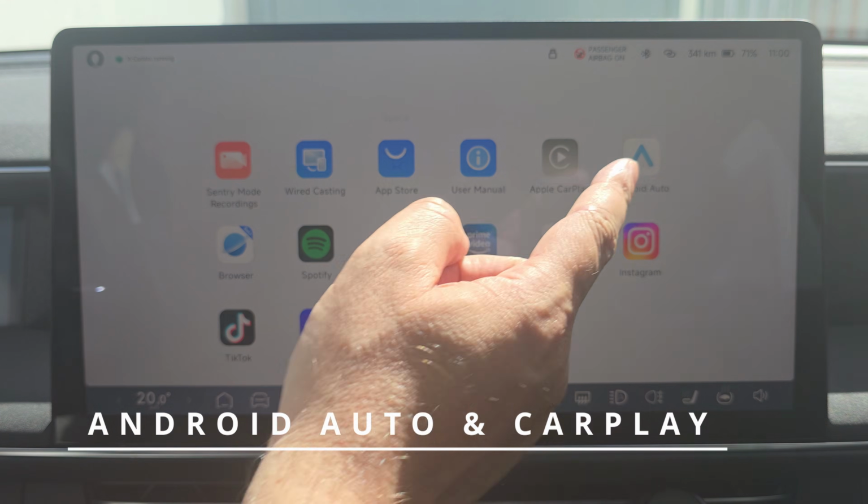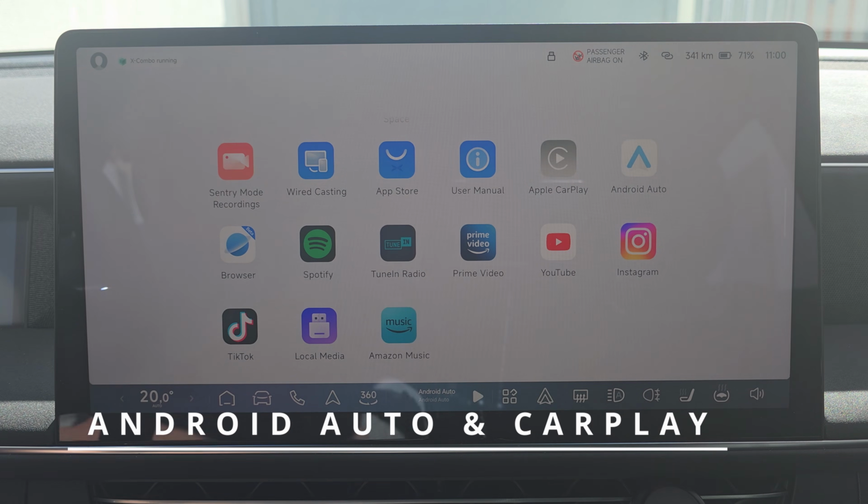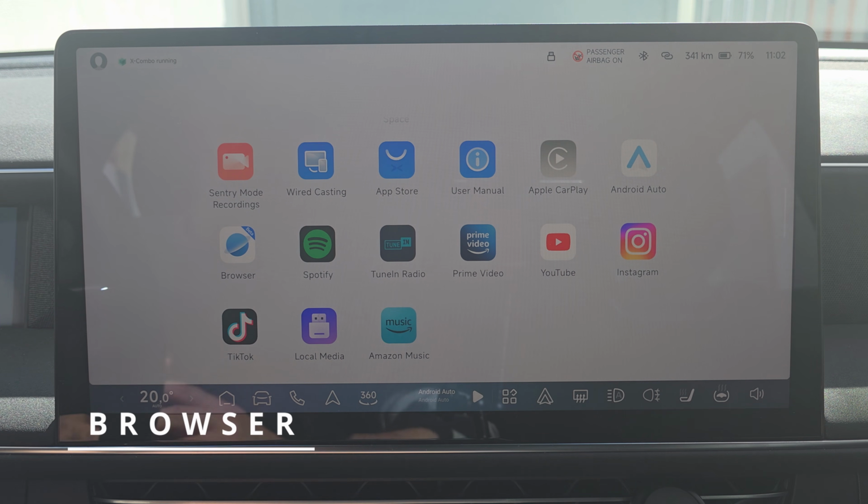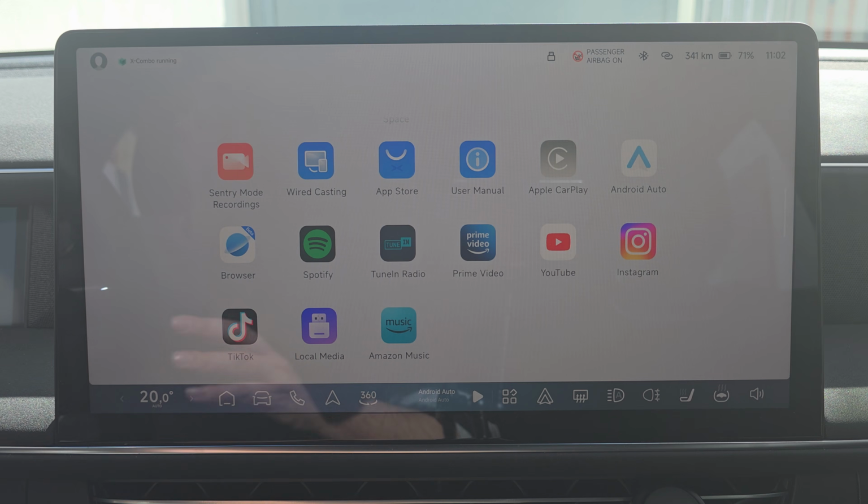You have Apple CarPlay and Android Auto that you can use also to cast multimedia information to the car. So if you have some apps on Android Auto or CarPlay that are installed on your phone and supported by these technologies, you can of course use them as part of multimedia. I will not go into detail on that because it's equal to any other car manufacturer. So there is another alternative that is very commonly used by Teslas, for instance,